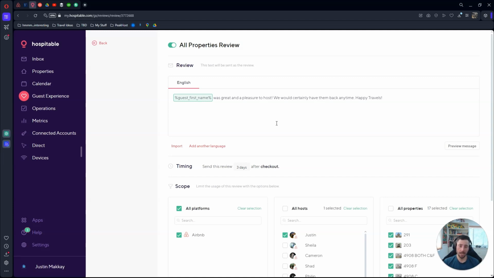But 8 times out of 10, this is getting sent 3 days after checkout. Also, the 3-day buffer gives you some time, if you messed up, to amend the situation with the guest. Let's say the place wasn't as clean as they wanted it to be, or the AC didn't work that well on their last 2 nights. If you post this review immediately after they check out, they're going to get a little